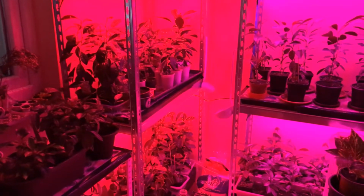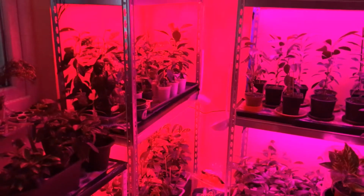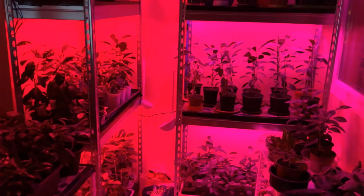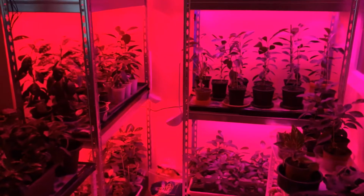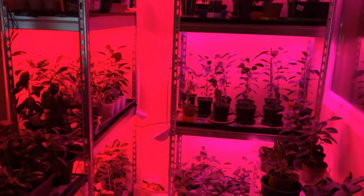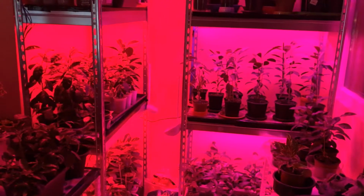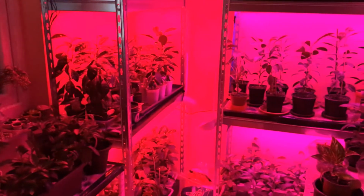Well, I don't think you're gonna be able to see so much in this video. I was trying to show you how my balcony looks like during the night. My brother keeps on making fun of us, saying that the police will knock one day at the door because our balcony looks like we are growing illegal type of plants, because from outside you can really see the funny light, the red and purple light. But they are just calamansi, most of them calamansi or calamondin seedlings that are actually transforming into little